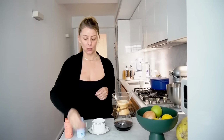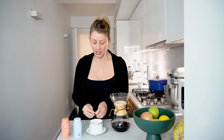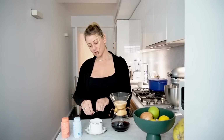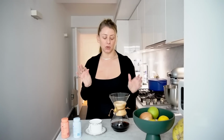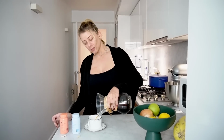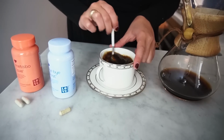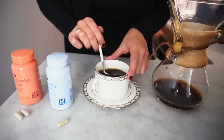And I know that some of you don't like to swallow pills. And so we always talk about this at Love Wellness. It's really easy to just take the capsules and open them up and add them to your coffee, just like that, or to your shake or smoothie, whatever you want. So basically, I swallow them, but I also put them in my coffee, all different kinds of ways. And then we just get our little black coffee going in the morning. We'll stir. And now I'm ready to move on